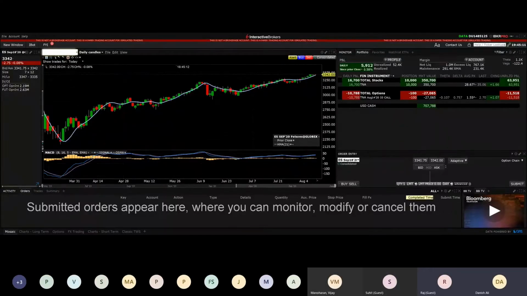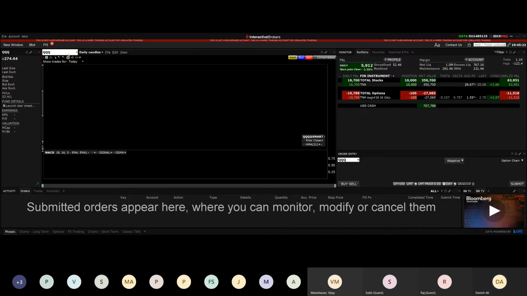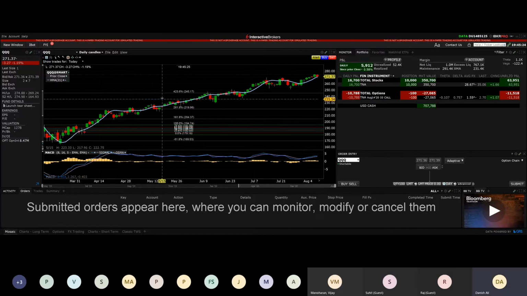Can you see the screen now? Yeah. Follow my cursor. I am typing QQQ. Now that's an ETF, that's QQQ. Let me show you something.